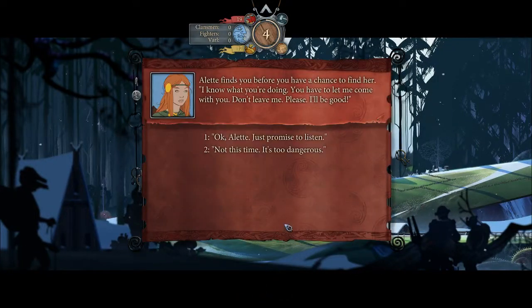Alette finds you before you have a chance to find her. I know what you're doing. You have to let me come with you. Don't leave me, please. I'll be good. Yeah, I can't turn away another fighter. I mean...